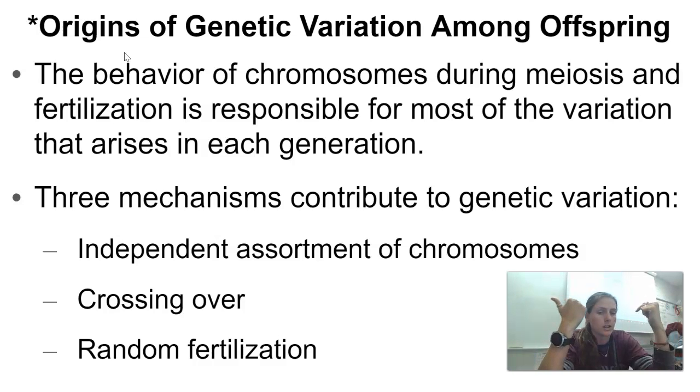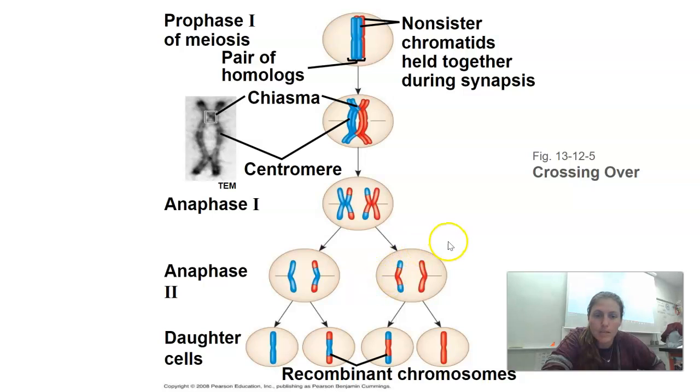Crossing over increases your genetic variation. Independent assortment increases your genetic variation. And all of those things can help lead to evolution because we have a lot of different traits that could be beneficial. And if you have a beneficial trait that helps you live longer and reproduce, then the overall population is going to start to evolve in that direction. Okay, so to show you how crossing over contributes to